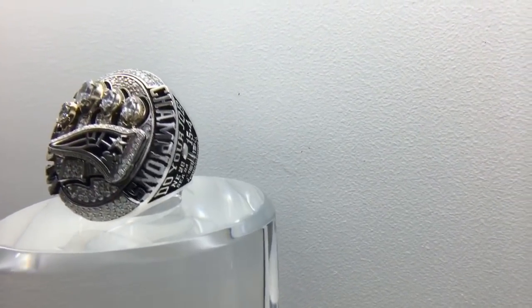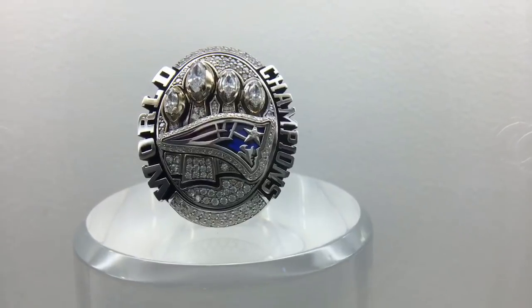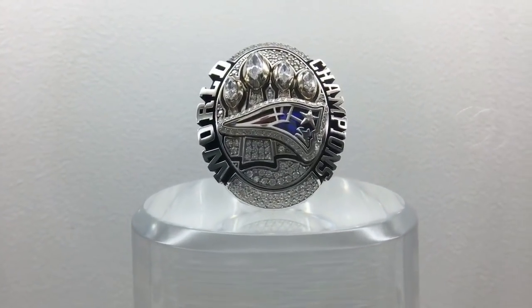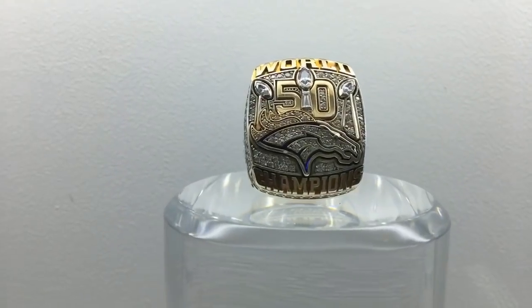15-4 Patriots, who, of course, wrapped up that game with a big comeback against the Seattle Seahawks and a defensive stand on the goal line featuring a little player named Malcolm Butler on the 1-yard line. And so for Super Bowl 50 to the next one, we got a nice Broncos ring, but